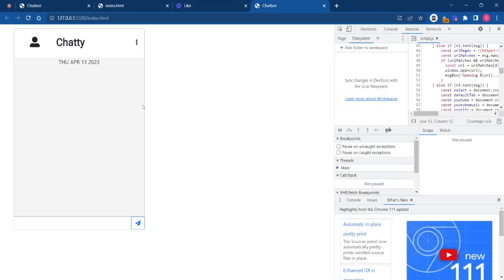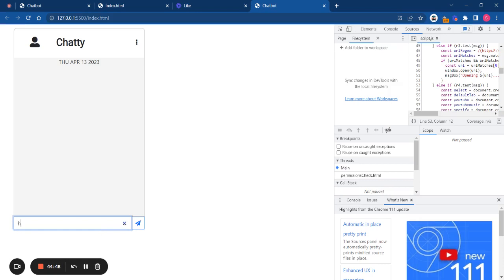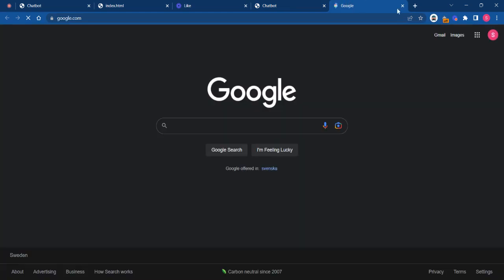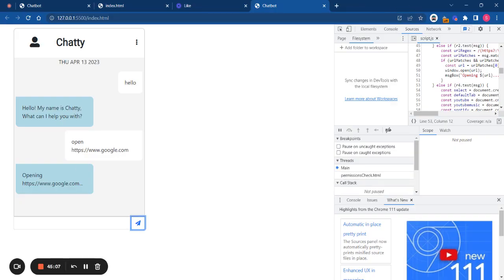Now let's start. So let's say hello. Cool, that works. Open https www.google.com. Does that work? Yes? Okay, then can you open? Now then can you play bad habits? No, that already worked. Yeah, so now it doesn't know